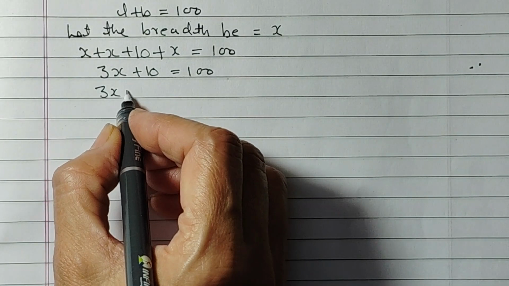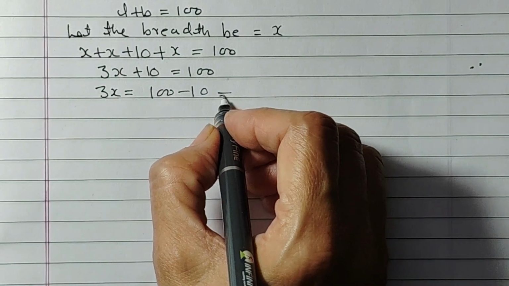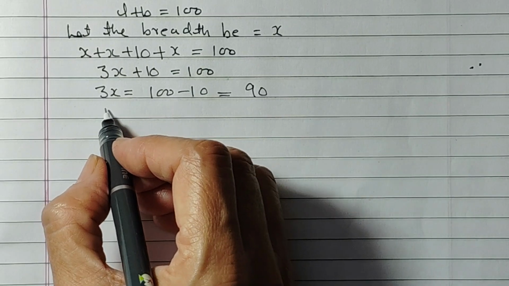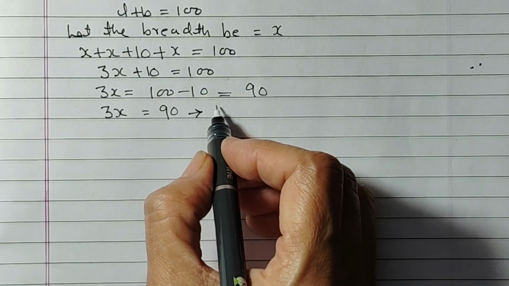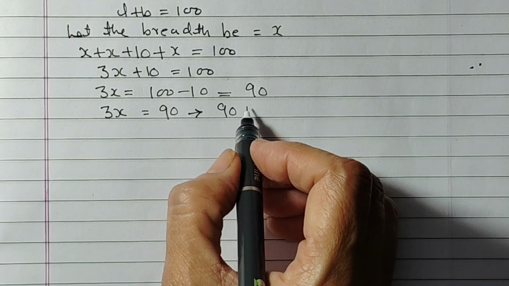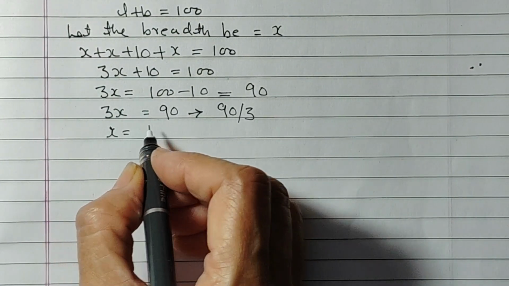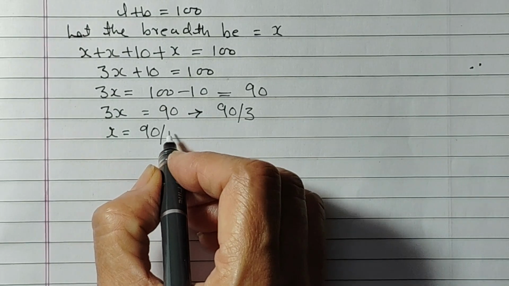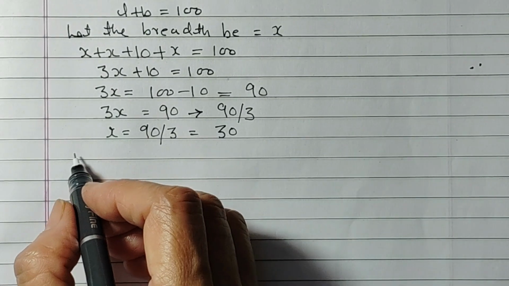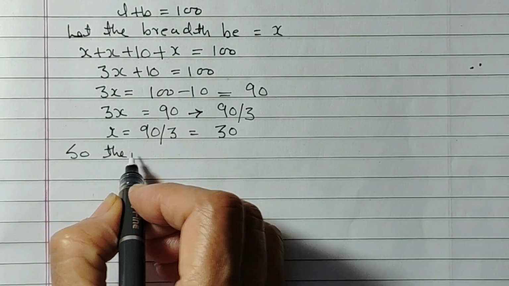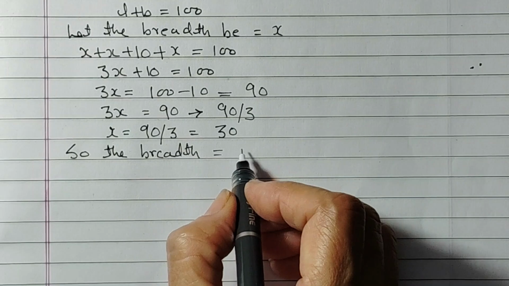3x is equal to 100 minus 10, which is 90. So 3x is equal to 90, which is 90 over 3. x will be equal to 90 over 3, that is 30. So the breadth is 30 meters